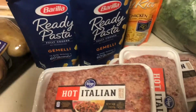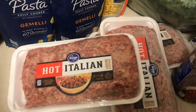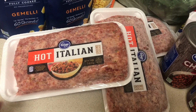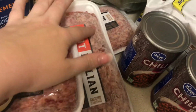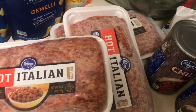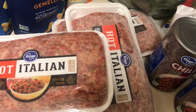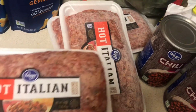Now, another little critique, and again, this is really being nitpicky, so this may not bother you. Honestly, it doesn't really bother me that much, but I want to let you guys know that all of these are frozen solid. You can kind of see that they're defrosting a little bit. So if you wanted to use this tonight, if you were to do your pickup later than I did, because I did mine between 3 and 4, if you were to do yours between 5 and 6, hoping that you would use it tonight, you may want